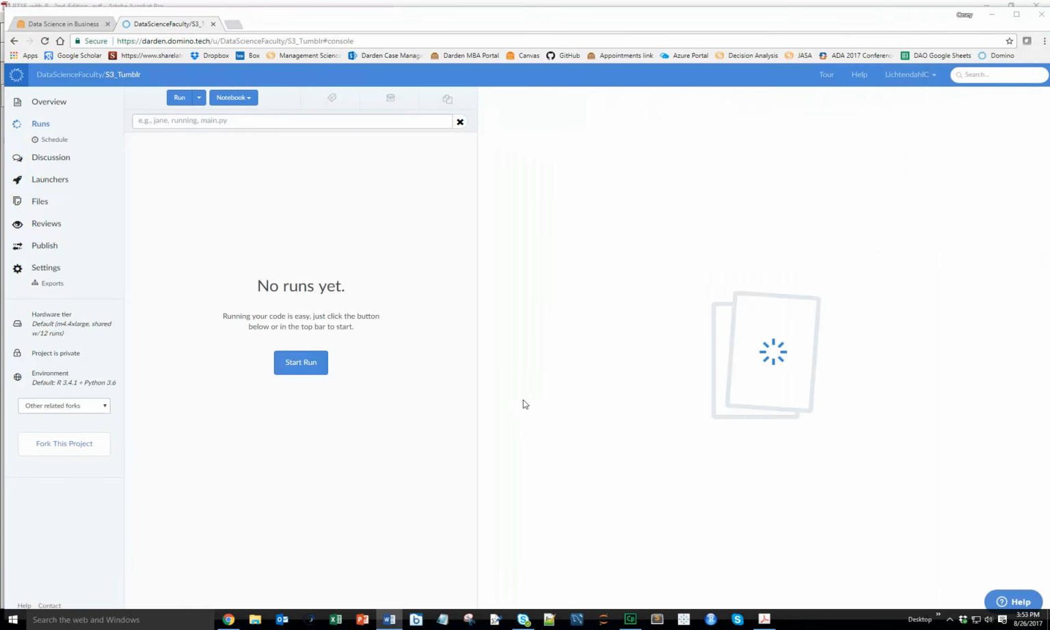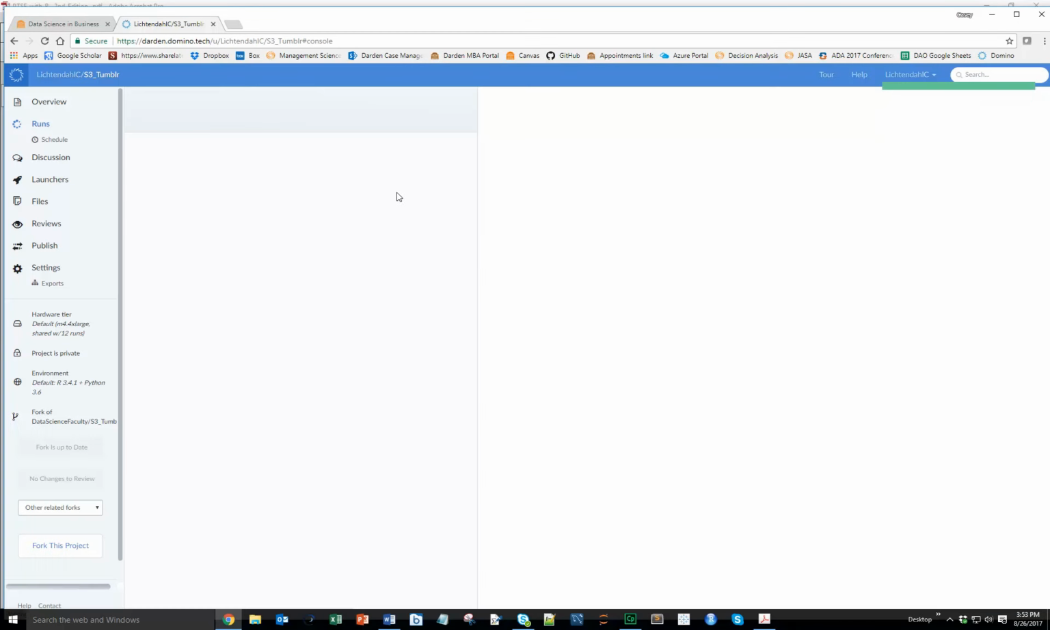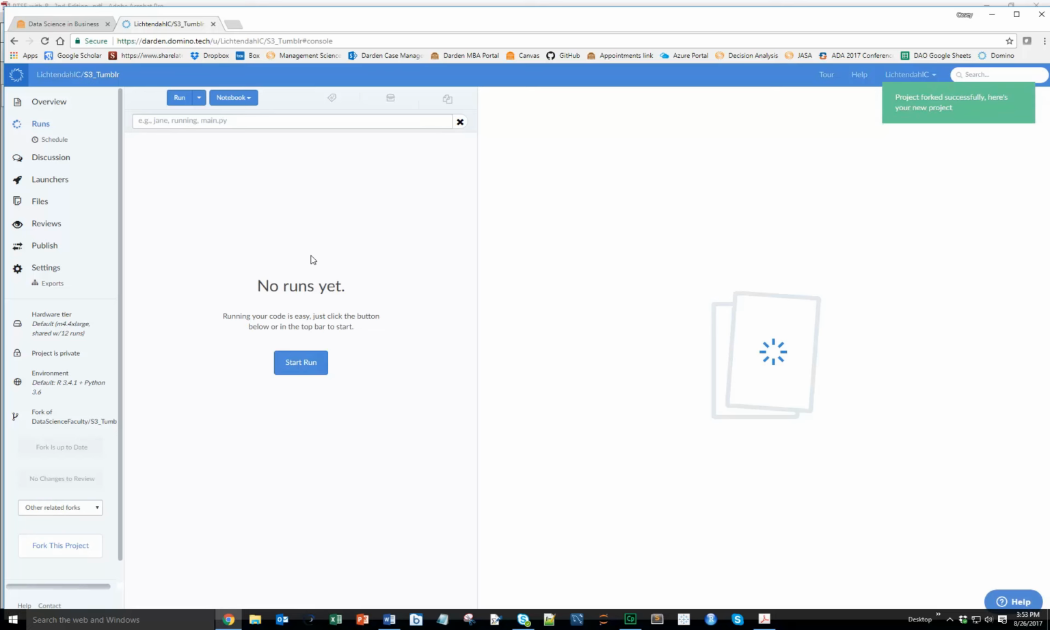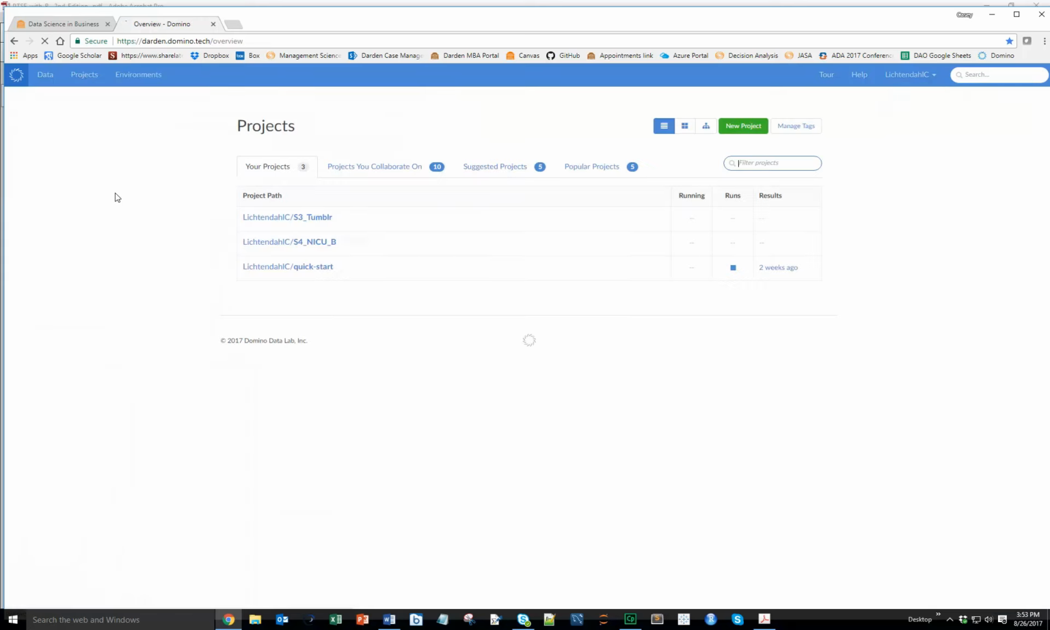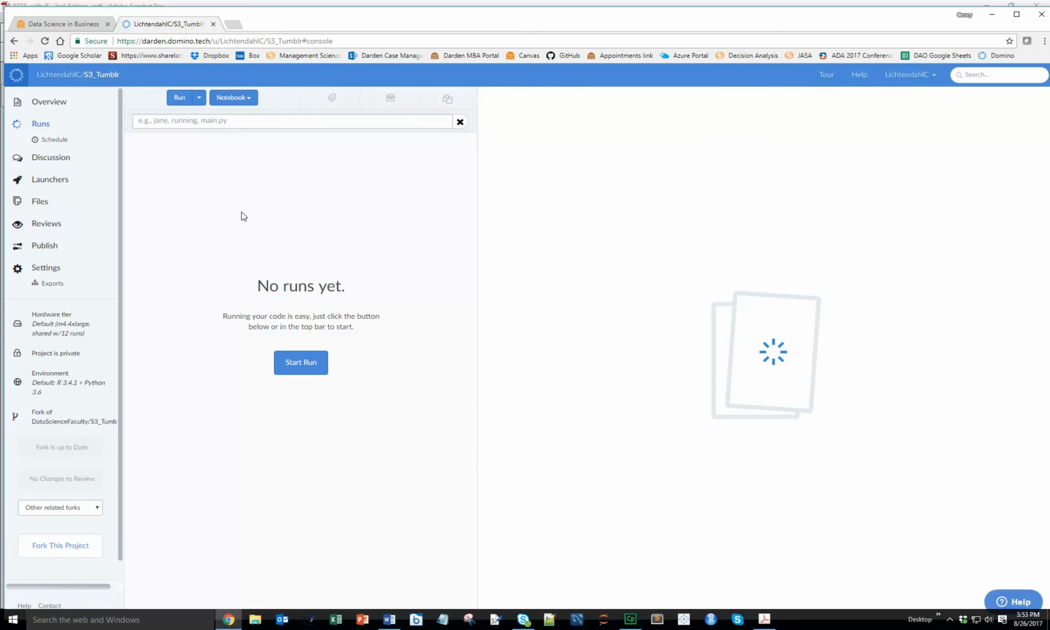Okay, so our first step in FLAPS is fork. So we're going to fork the project. My username is LichtendahlC. And now let's go back to the pinwheel here, and you can see the projects I have that are mine. I've got a session 3 Tumblr that is a version of my own. So then we'll go into this project, my own version,